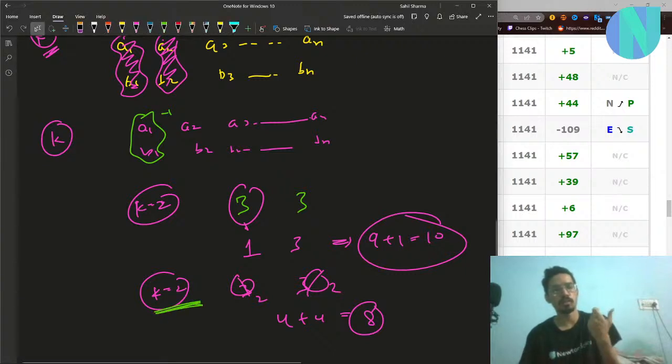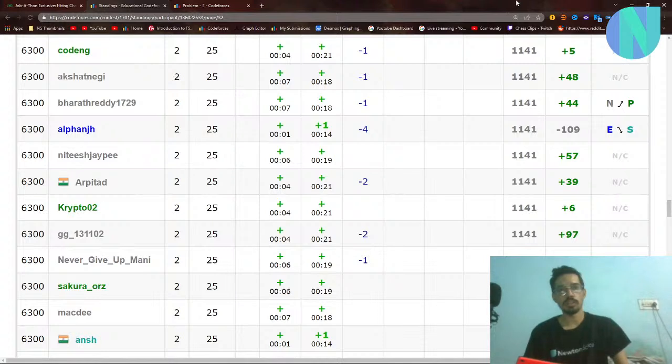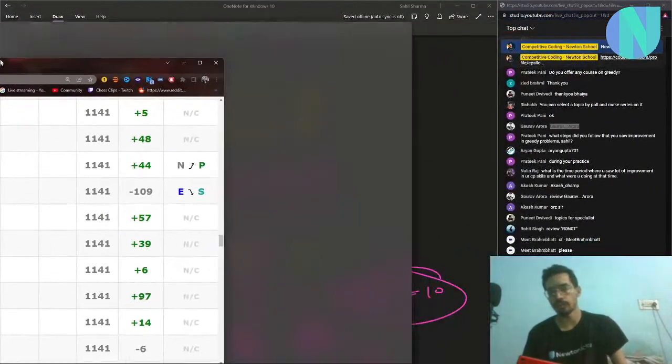So I implemented my second approach and it got accepted. You have to think about some cases, you have to think about the various approaches, and one by one reach the optimal one, right? You don't directly land on the solution. You think about multiple things, then you think about examples that will fail those cases, and then you single out your optimal solution. I think that's how I work on greedy.